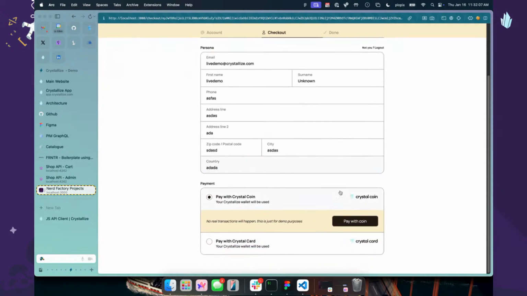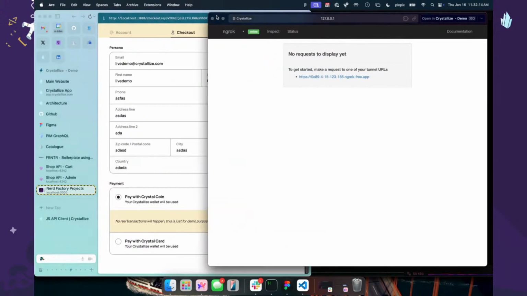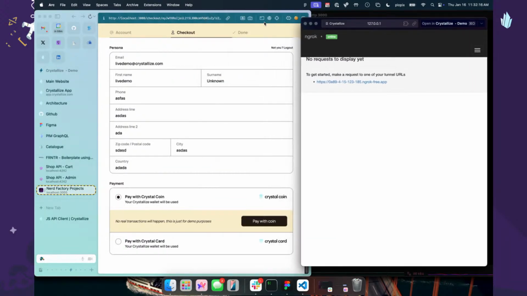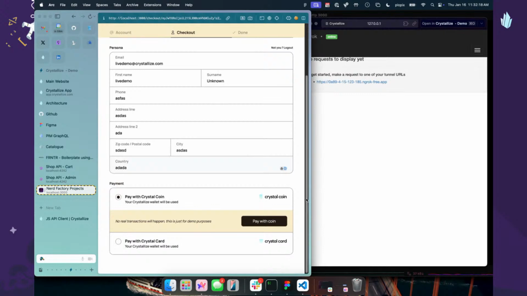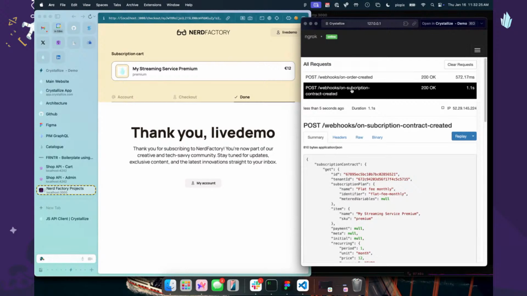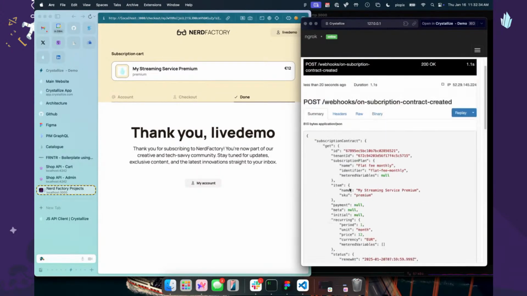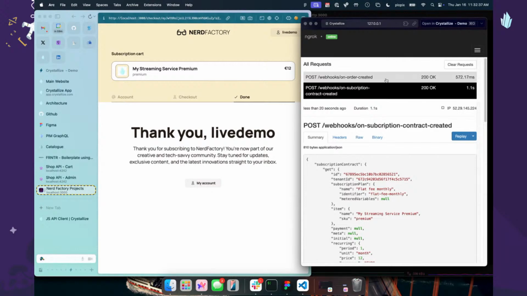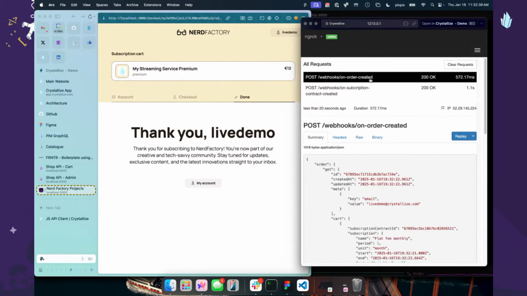Okay, I pay, and now I should actually do this to make it fancy. So what's gonna happen? I hope we will see stuff happening here. Oops, contract created and order created. So what's happening is Crystallize has called the webhook on subscription created. We've done some stuff, and what did we do? We created the order as I demoed before, and then we received the order